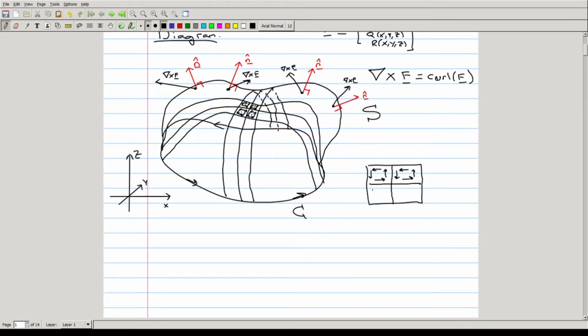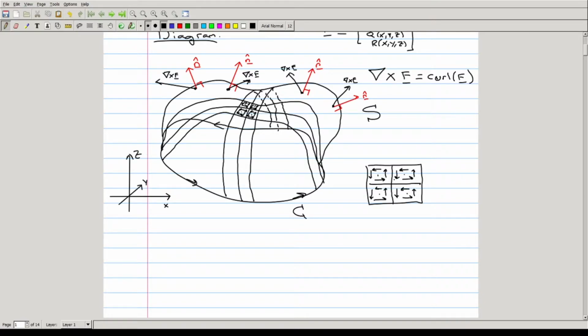But it shouldn't be hard to see here that on each one of these small patches, if we consider the relative curl in each one of the patches, the curl here, say, the curl here, and the curl here, if these patches are small enough, we expect that the curl or the circulation component along this patch, this portion